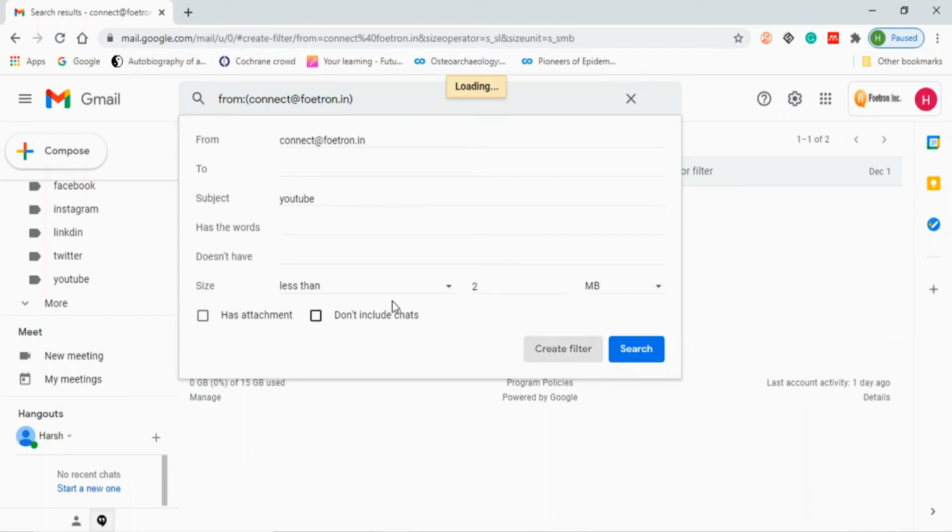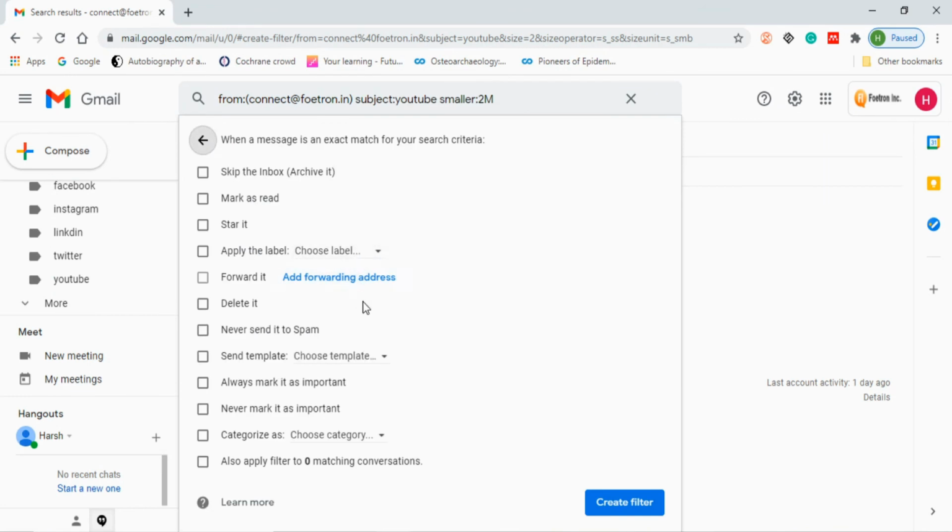When you create a filter, it will ask you to categorize them. And this is how you will make YouTube work for you. You can forward it, send a template, always mark as important, categorize as. So this is how you will create a filter for that also.